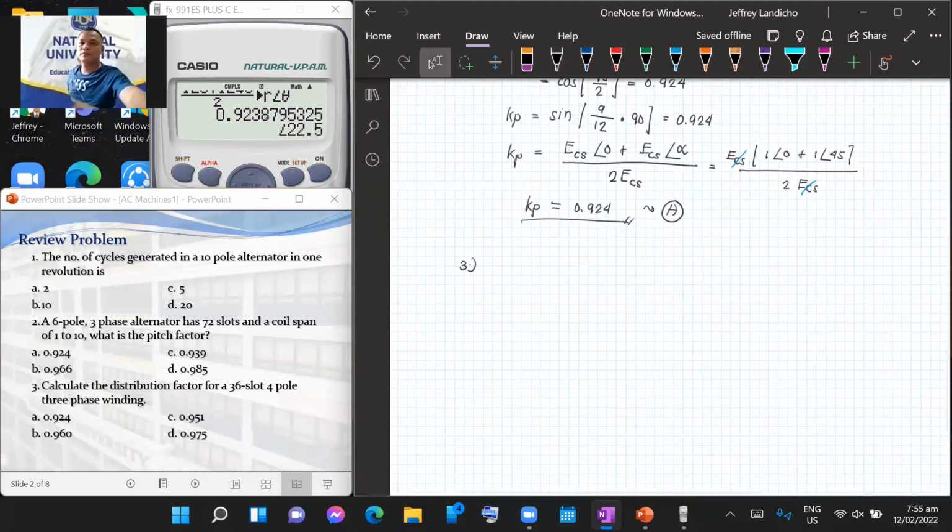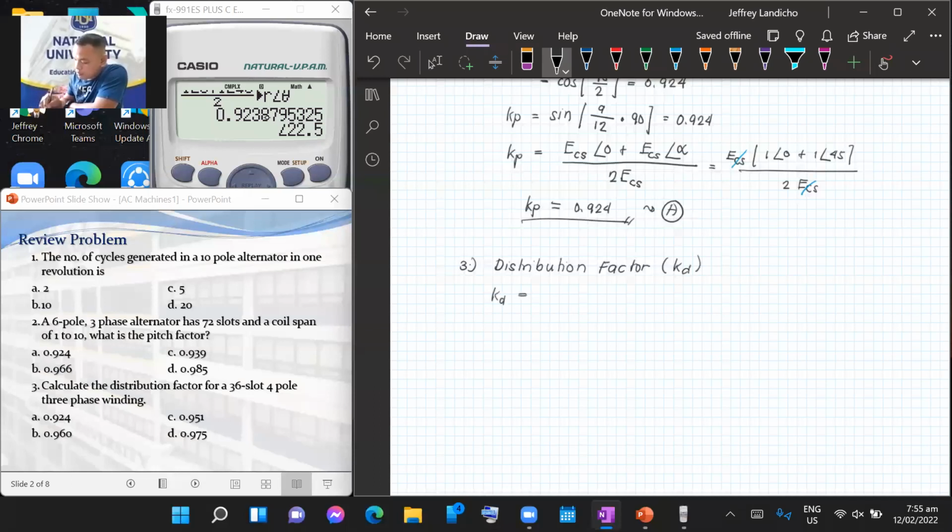So, number 3, calculate the distribution factor. So, how to compute naman yung ating distribution factor? O mas kilala natin as D. So, kapag kinuha natin si distribution factor, again, the general formula that is the vectorial sum